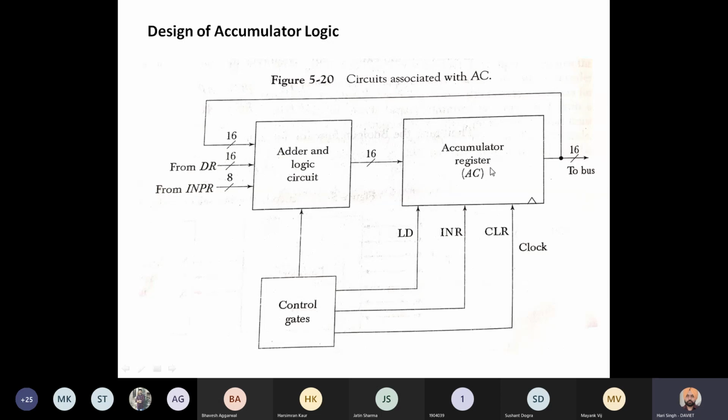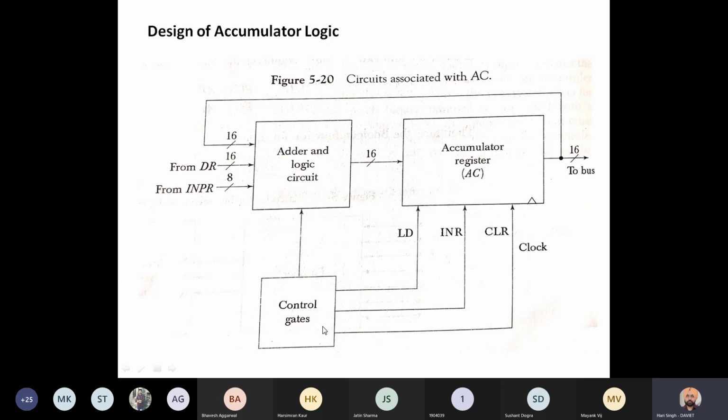It is used in data transfer operations or in arithmetic and logical operations. Now, if we want to load information to accumulator, then load signal should be active. Or if we want to increment the accumulator, then increment control signal should be active. If we want to clear the accumulator, then clear should be active. So this is done by control logic.